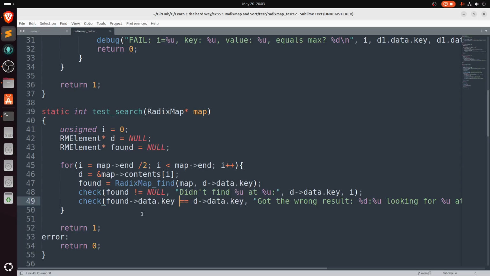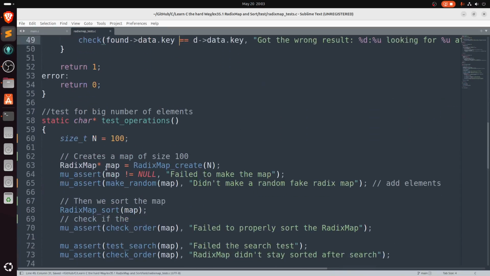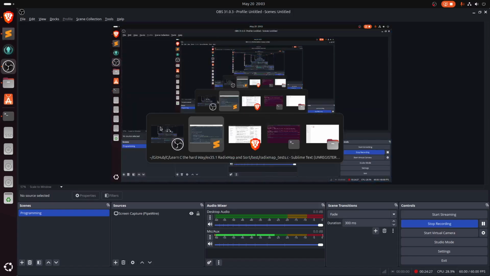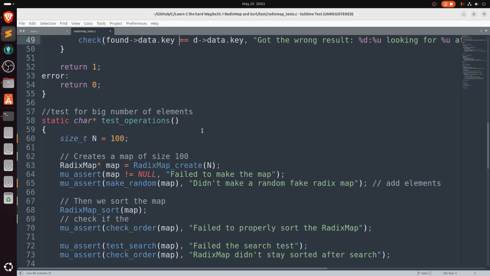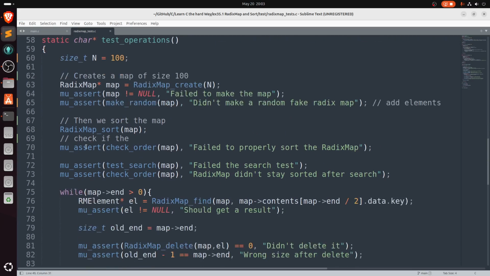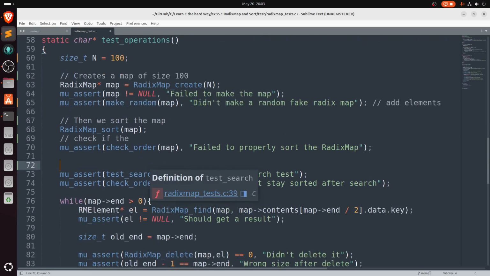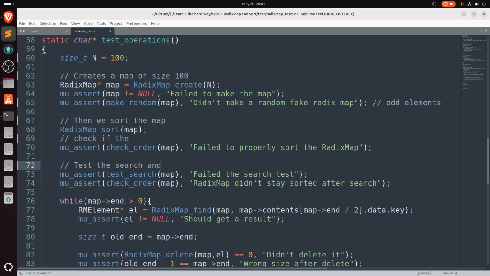Okay, how does that work? Oh my god, what is the time? Okay, yeah, okay, so we decide, then we check, test the search and order